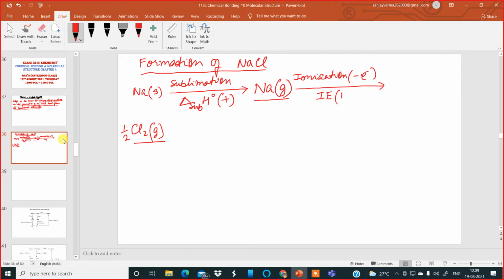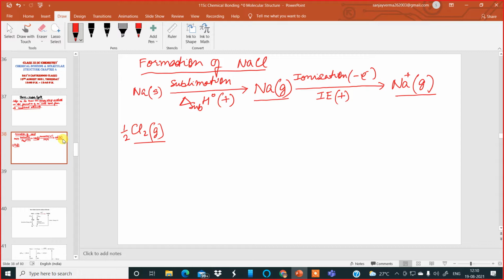This is also positive because we are giving heat, it is the heat required, so plus sign. Once the electron is removed from the valence shell of gaseous sodium atom, it becomes sodium ion in its gaseous state. Okay, now we stop over here for sodium gas ion